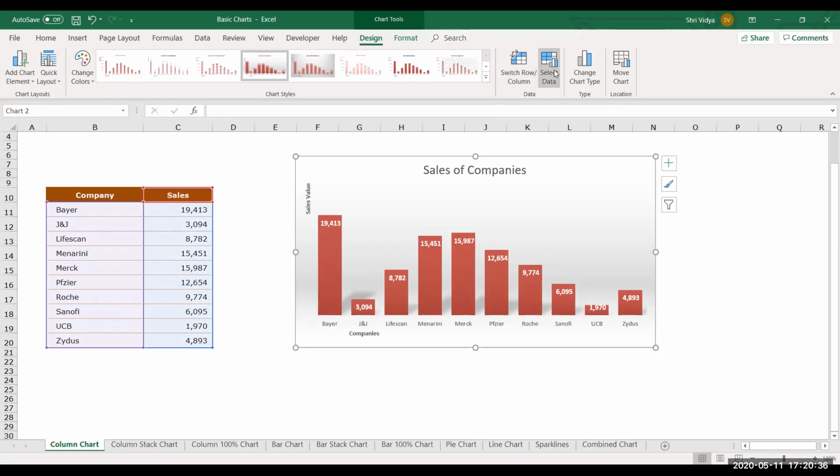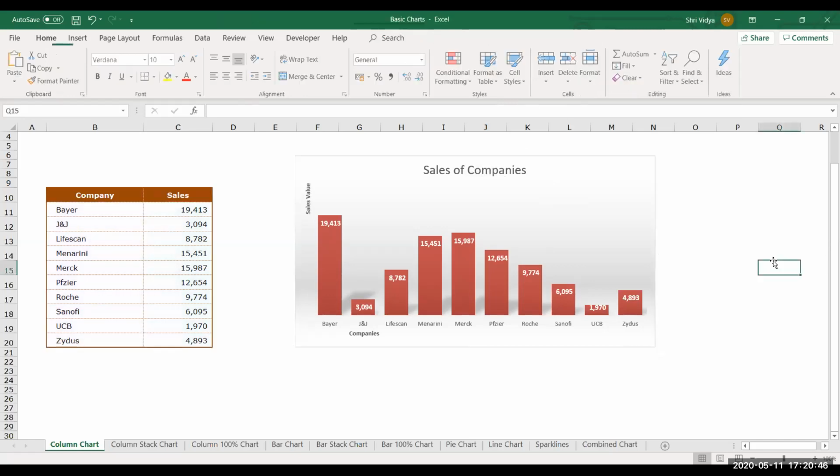If you wish to insert a different chart on the same data, you can choose change chart type. You have a lot of options here, and that will help you make changes to your chart. To know where all you can make changes, you need to know the elements of the chart. That's the reason I explained all the different types of elements that are available to us.